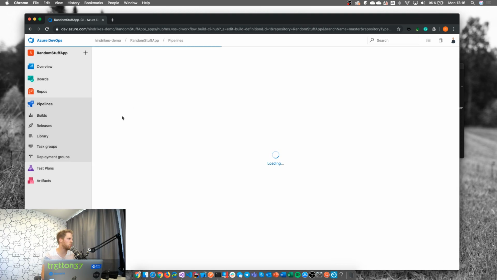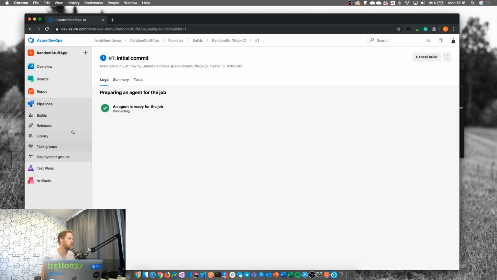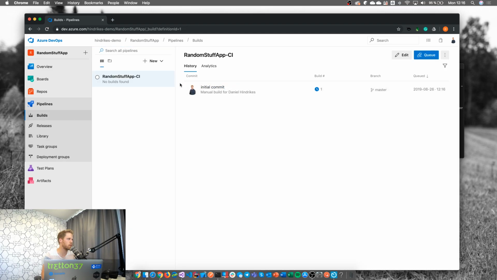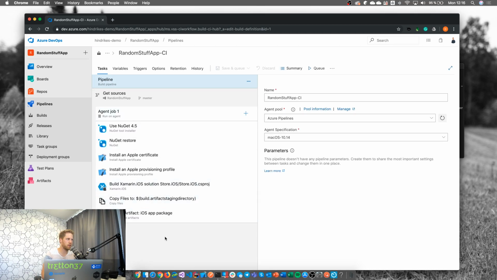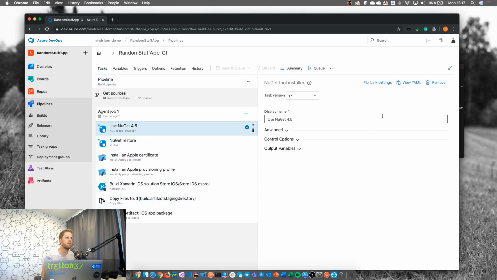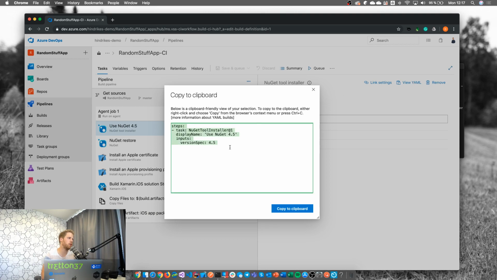When we're waiting for that build to complete, we can continue to work with the build pipeline a little bit more. So we go here, we select it, and we press edit. If we want to use, for example, the YAML builds, we can go here and see the YAML for each task. So we can learn how to define the YAML by using this classical editor. So for example, if you're not familiar with YAML that much, or what tasks you can use, you can have them side by side. You can have the YAML file and just copy this YAML into the bigger YAML file